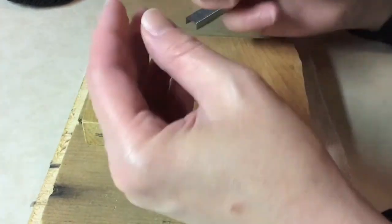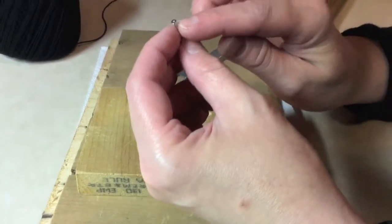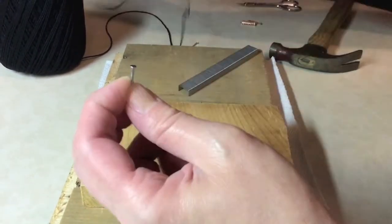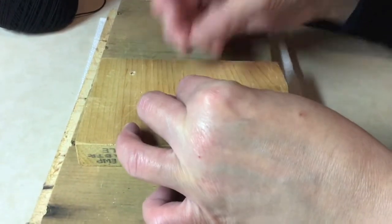So again, this is a 3/4 inch nail, and it has a head on it that would allow string to go underneath and stay underneath without popping off. So I'm going to do a simple little pattern just to show you. I'm going to drive this nail in